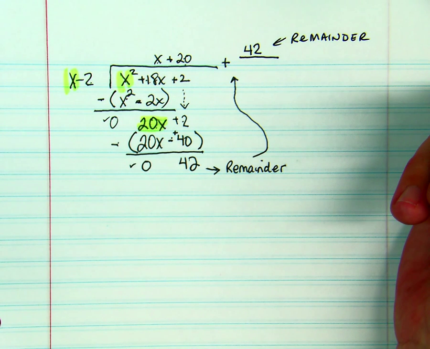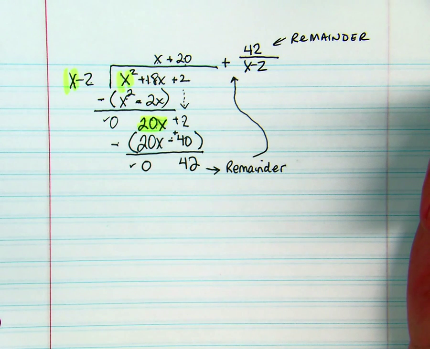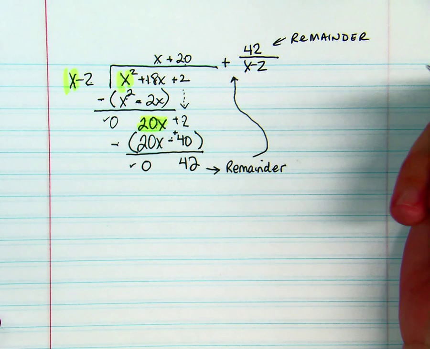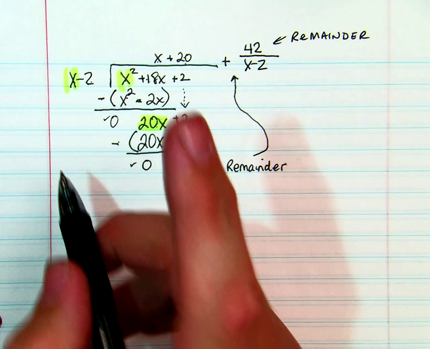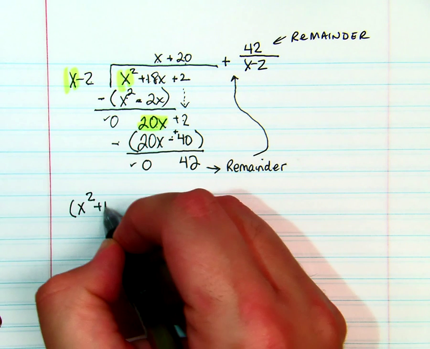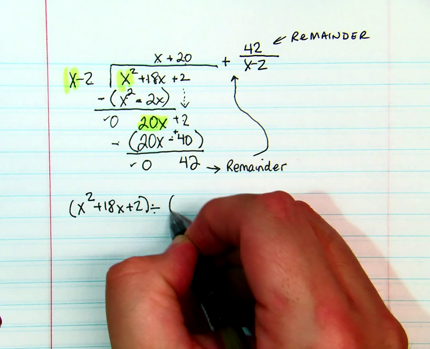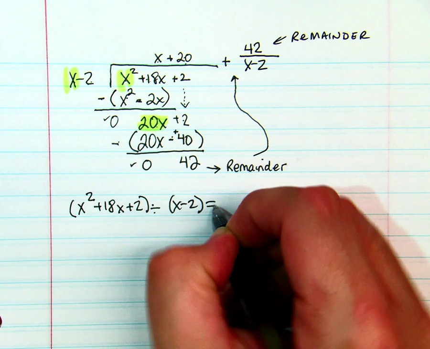So technically, when you have x squared plus 18x plus 2 divided by x minus 2, you're going to get x plus 20 plus 42 divided by x minus 2. And that's your